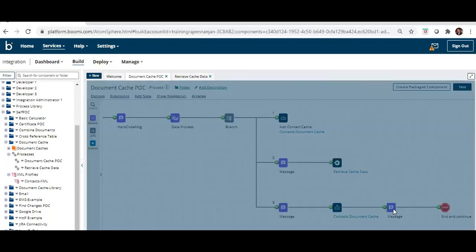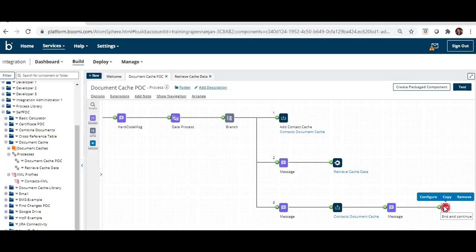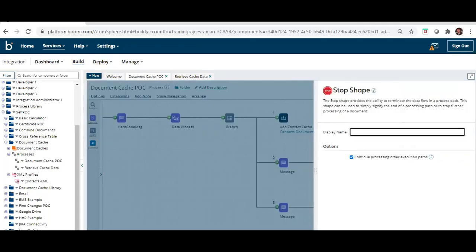Whatever we get here, we are writing to the message shape. Whatever data we are getting, how many contacts we are getting, we are writing into the message. And here we are just ending this, with a stop shape.